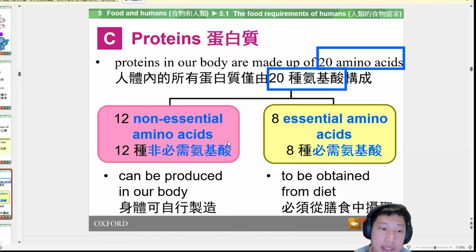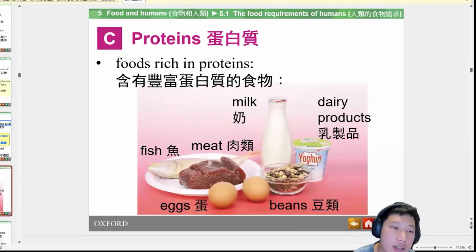In this case, we will say that they are the essential amino acids, because these are what we cannot produce by ourselves, so they are limited. So in this case, we will say that they are essential for us. Then you may ask a question: what are the foods that are rich in protein? Here are some foods that are rich in protein. For example, milk, meat, fish, egg, beans, and dietary